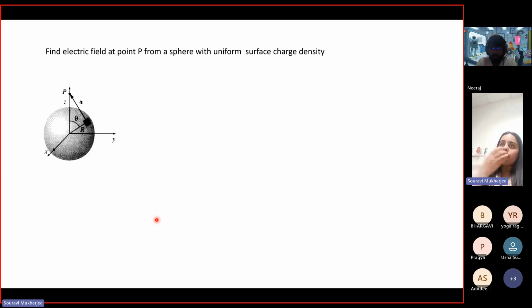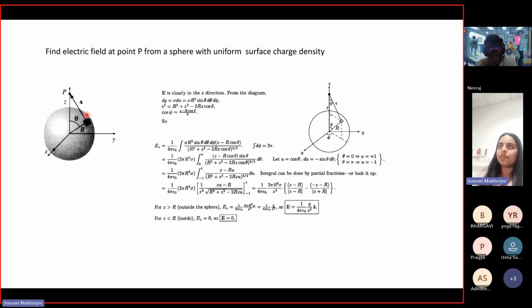Now, basically what we are doing is, we talked about line charges, we talked about surface charges. You can also have spheres where you have a surface charge density. Then again, you have to take a surface charge element and find the distance. So the thing that one has to practice if one has to work with Coulomb's law is how do you take these elements, how do you find the distances, and how do you look for symmetry.